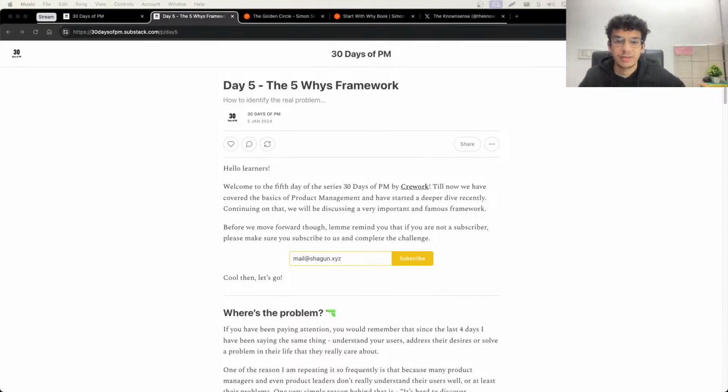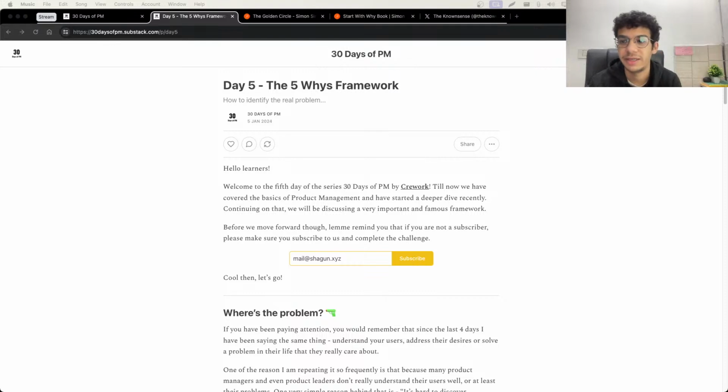We did cover it previously as well in one of our sessions, so yeah, you can look at that as well. Look through streams yesterday and the day before to learn about essentially what is a PM, what does the PM do from the problem space to the solutions phase. But now we are jumping into actually looking at a surface level problem and trying to find the root cause of that problem and building features or building business value around it, right? So this framework essentially helps you do that.